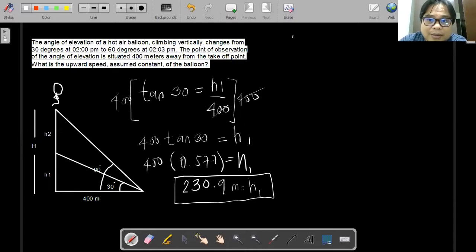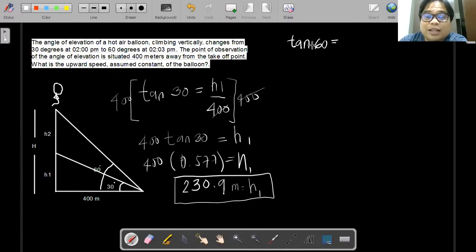But this time, your angle changes. Instead of 30, it becomes 60, because looking from the figure, the bigger triangle has an angle of 60 degrees. So tangent of 60 is equal to,